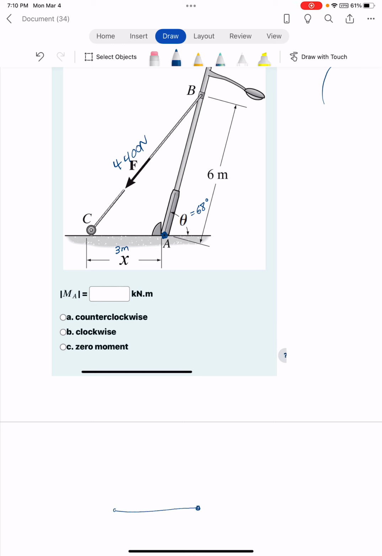This is point A, and this is point C. Point A, you can see that there is a little bit of tilt, and to point B, and this is point B. Okay, this is B, and this is C, and this is A. This is 4,400 Newton. 6 meters here, the distance between A and B, and 3 meters is here between A